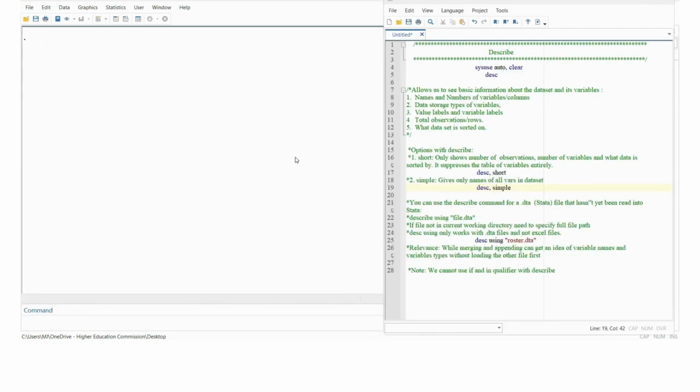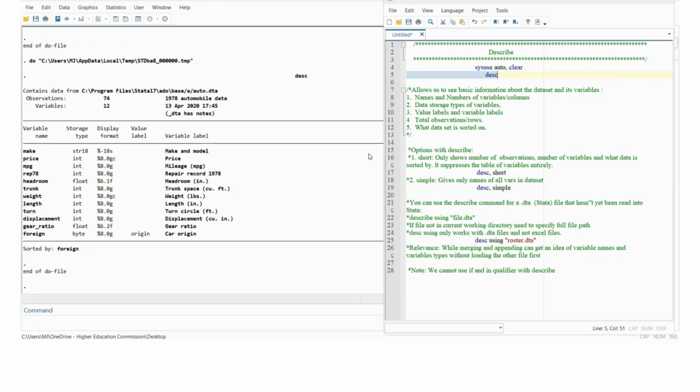So we want to now look at how do we use the describe command in Stata. For this, we'll make use of the auto data set to show this. Now when you want to apply the describe command, we can either type the full describe or we can just write DSC. And you can see the describe command gives us basic information about the data set and its